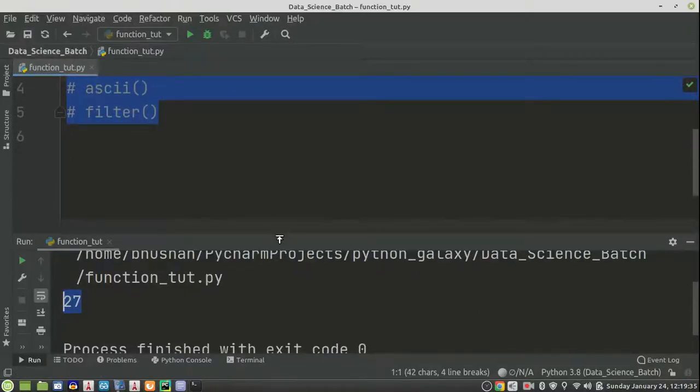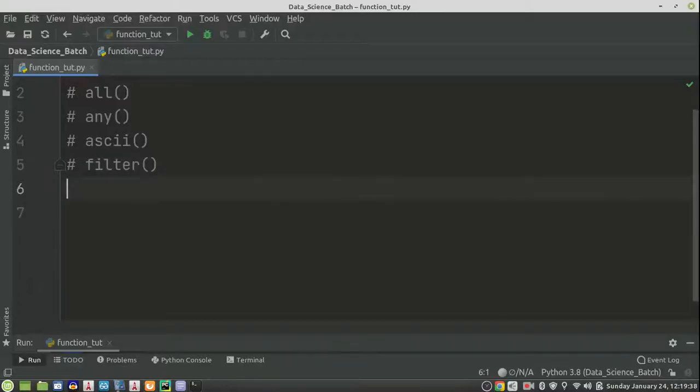So for example, if I have one list, that is 1, 2, 4, 5, 6, 8, 9.